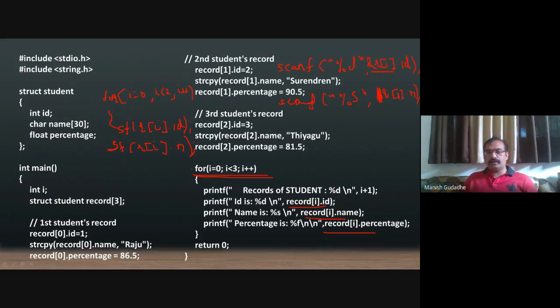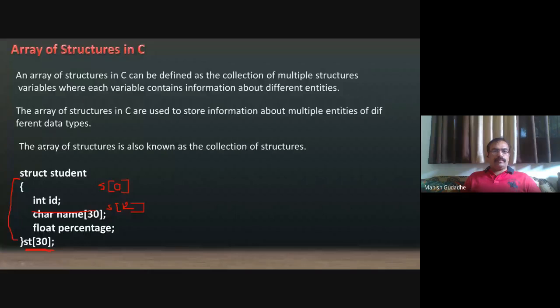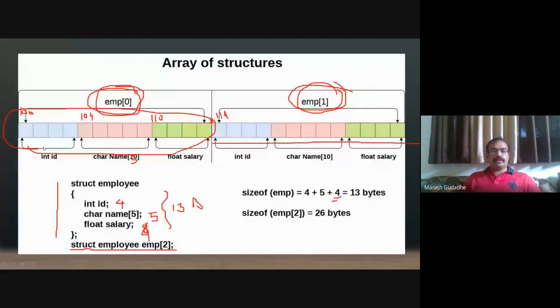And also the example I have shown, you can use the normal scanf statement for this. Okay. Then only, if you are using a loop, there is a sense in using an array. Otherwise, if you are not using a loop, then there is no point. We can just go now for the number of structure variables. Now, as you can see this definition or the other definitions of a structure, let us see this definition also.